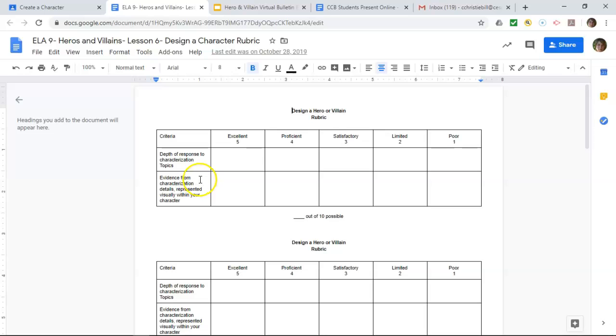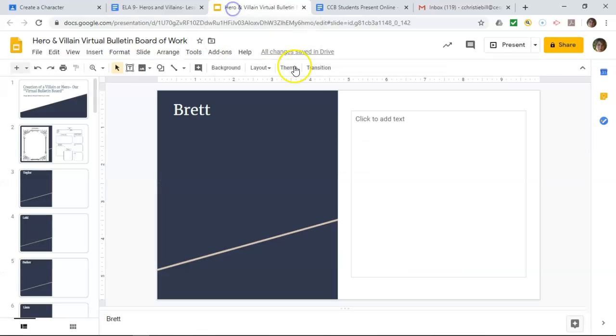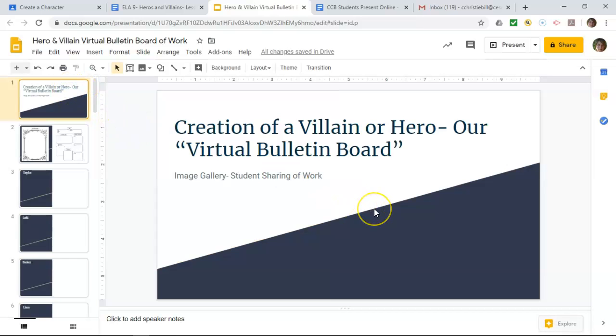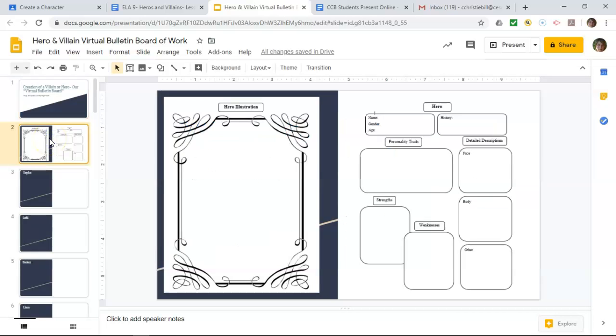Now to hand in this assignment, this is going to be a little bit different. So we're not going to be doing it in Google Classroom for a turn in. Instead, we're going to be creating what I'm referring to as a virtual bulletin board. So in the past, I would have students that have these completed and we would put them all up on our bulletin board at the back like we've done with other work for the semester. Instead, what you will do is I will ask that you take a picture of your documents that you've created that's nice and clear. And then you're going to put on your page, and I'll go through that in a second,